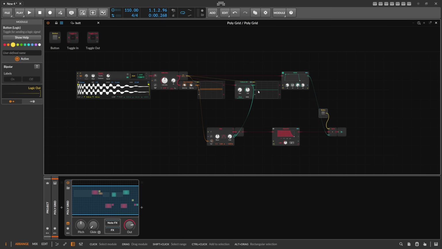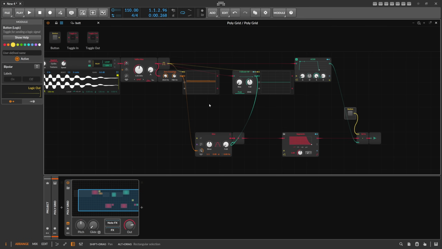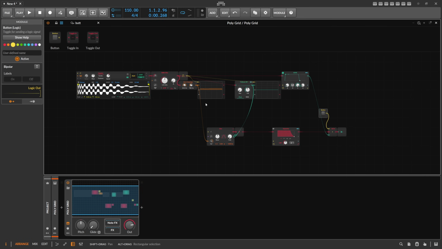And this is not something I want to do. I just don't want to save this patch as a preset and keep the sample in there. Why? It makes no sense, because then you can just save the sample and use the sample instead of re-synthesizing it. So what I do then is I try to mimic what the pitch envelope does and also what the amplitude envelope does. And I do this by also using a segments module here,